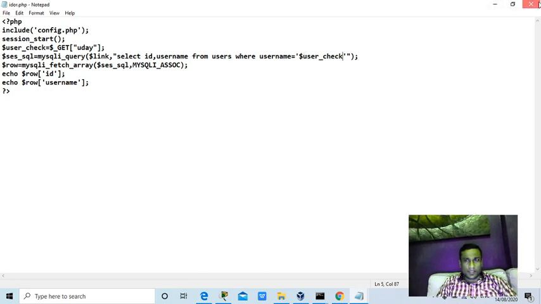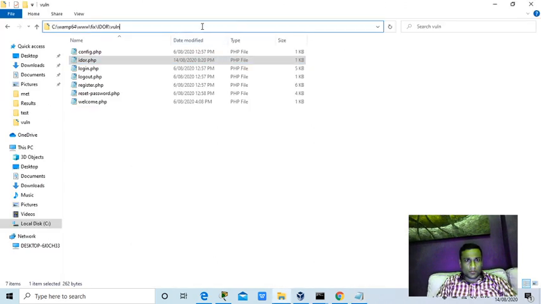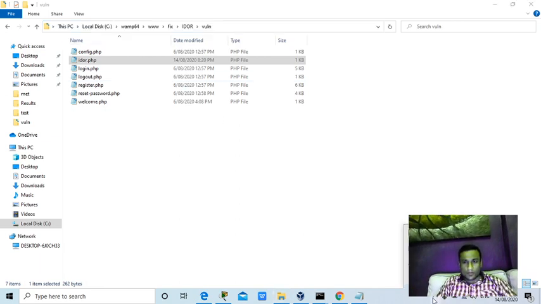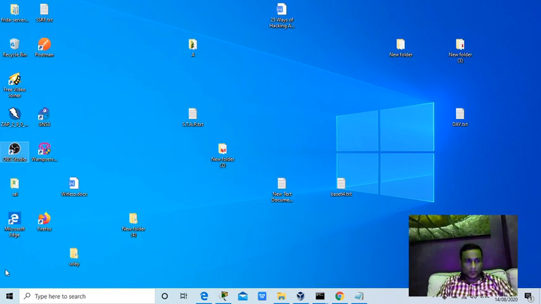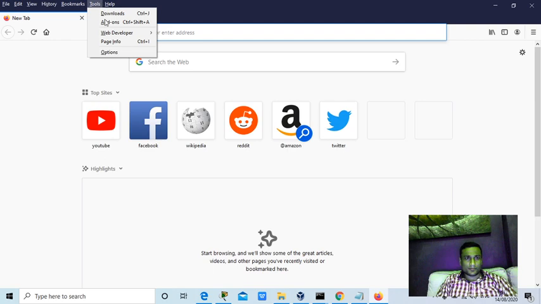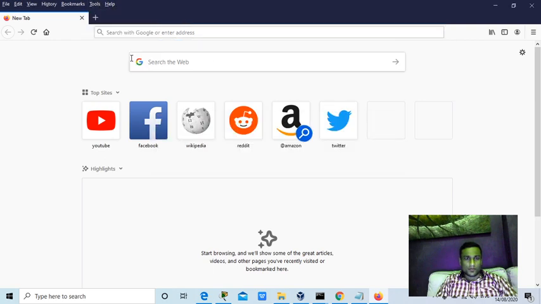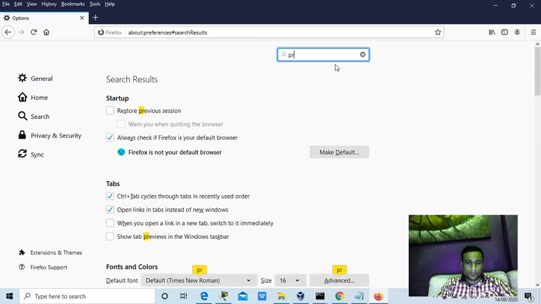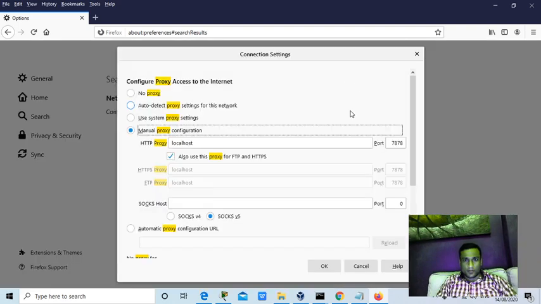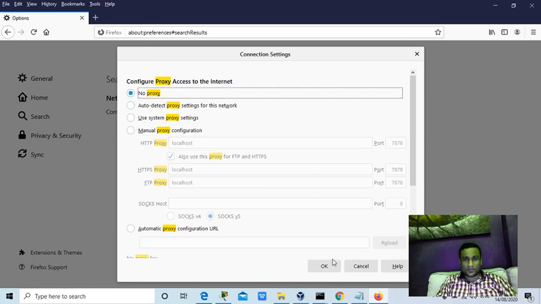What is the file name? idor dot... am I running XAMPP? Okay, I need to install FoxyProxy, but forget it, we don't need a proxy at this moment.